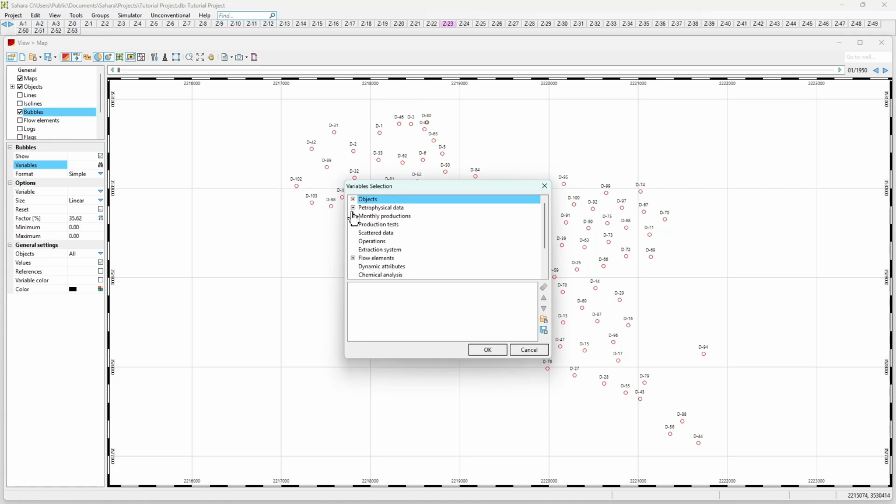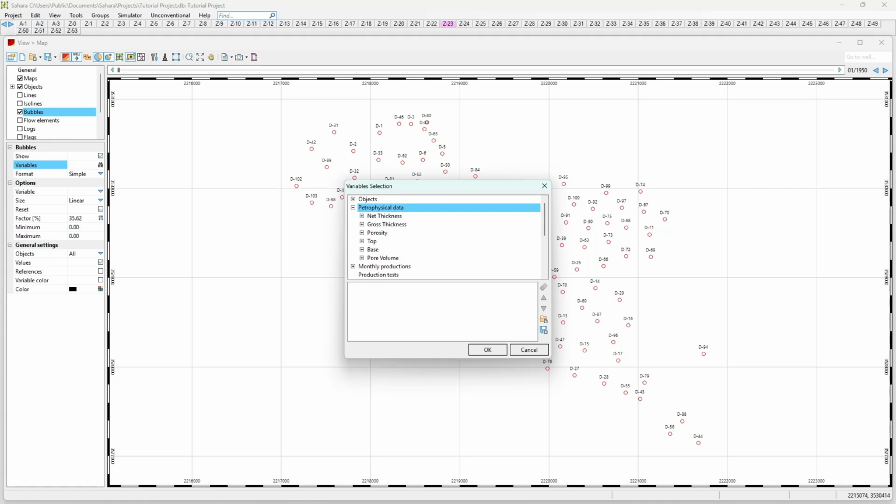In this case, we are going to focus on petrophysical data, but here we have object data, multi-productions, or information associated with flow elements. As I said, we are going to go with petrophysical data. Then we have the different variables that we imported from the previous exercise belonging to the petrophysical data variable group. We have net thickness, gross thickness, porosity, the top of the layers and the base, and the pore volume that has been calculated from the previous data that we have imported, as we saw in the variable exercise, where some variables are calculated